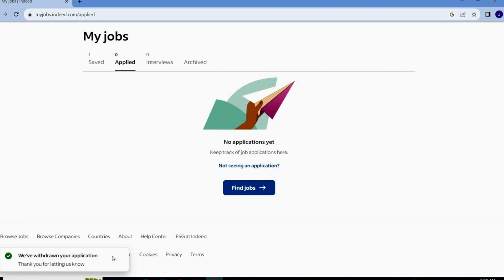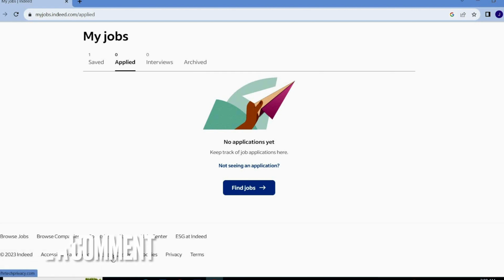So guys, as you can see, my application has been withdrawn. In the same way, you can also withdraw your application easily. So guys, this is how to